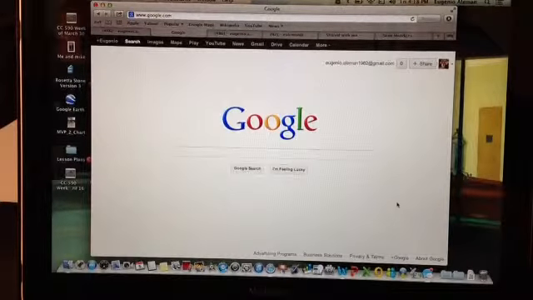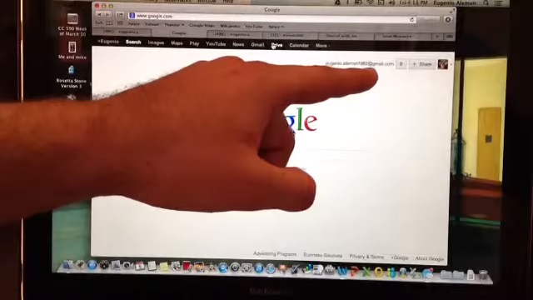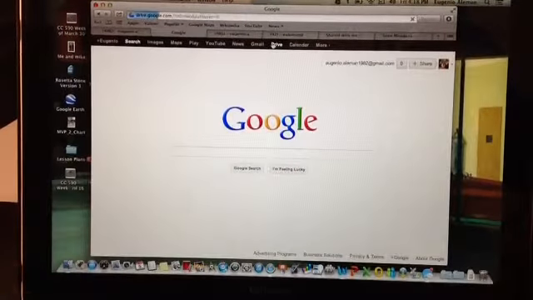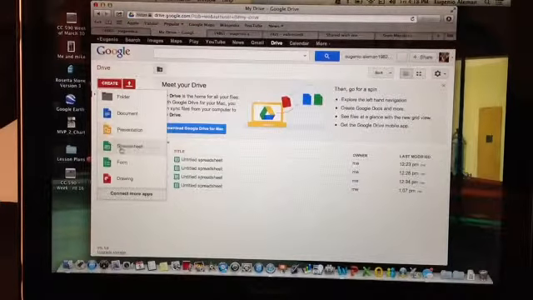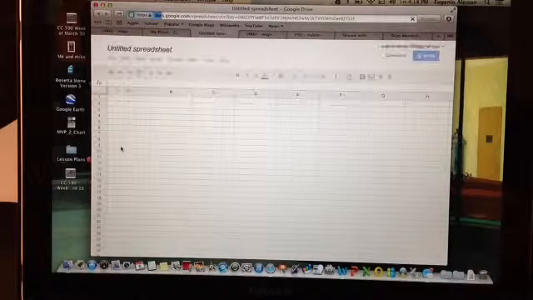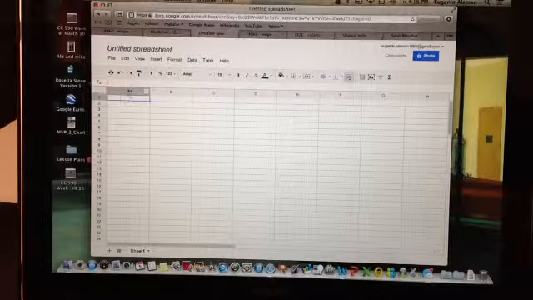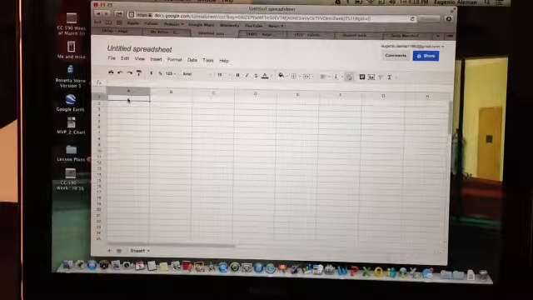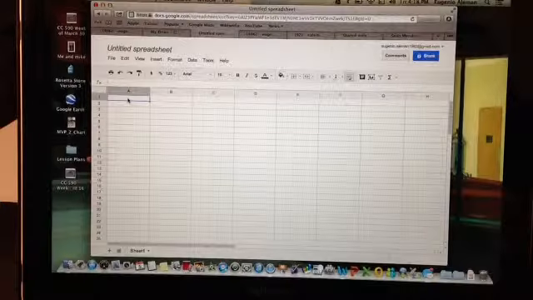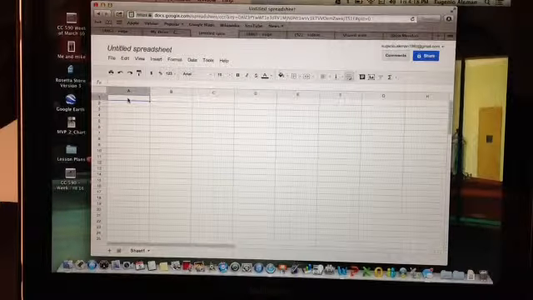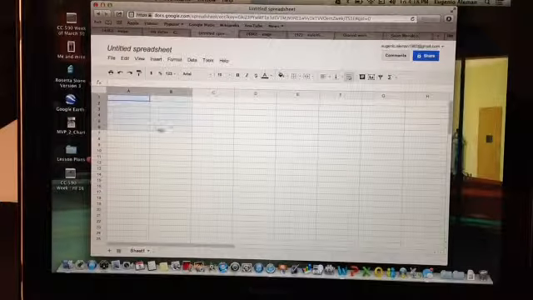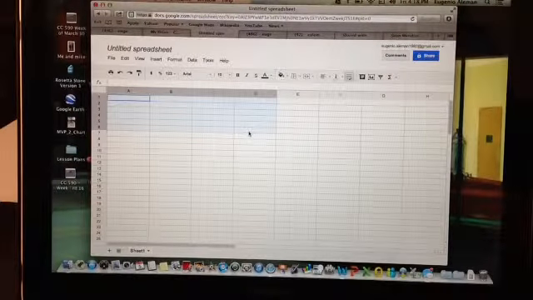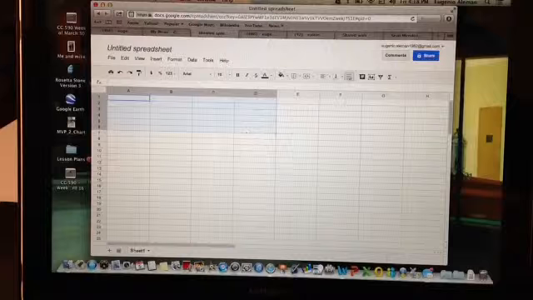So to start off, where we're going to go is to Google Drive. First you have to sign in, okay? And then you go to Google Drive, create, spreadsheet. Alright, so what we're going to do is use the A, B, and C columns to name our spreadsheet. We'll go down 6, go over to the letter D, and we have several cells here,